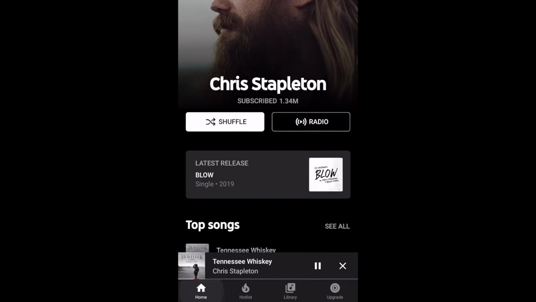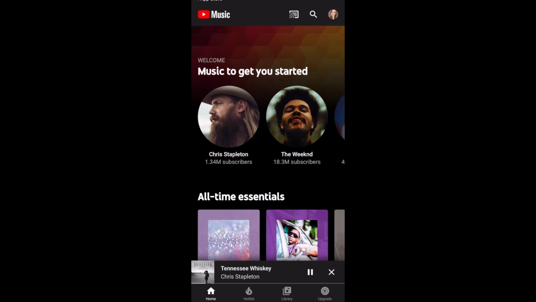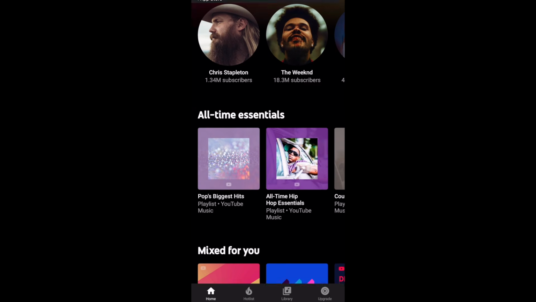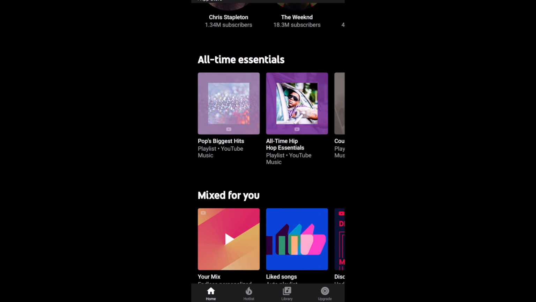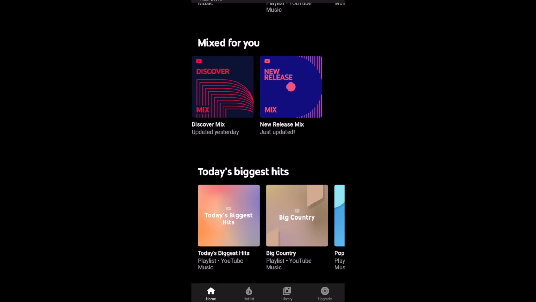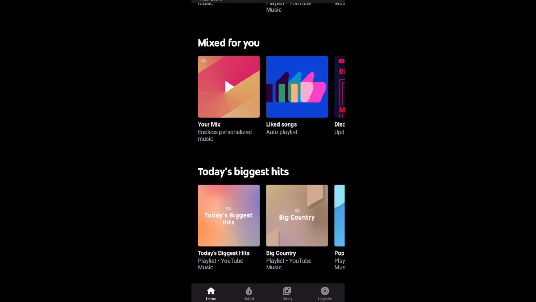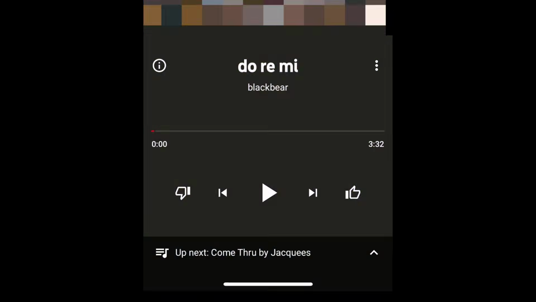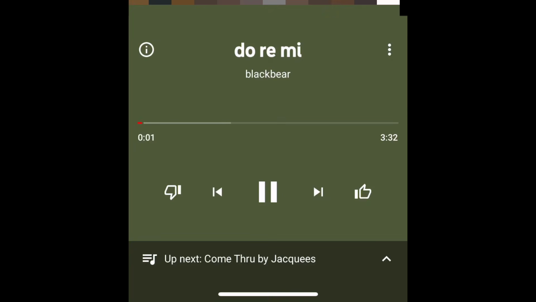The rest of the homepage will feature other playlists YouTube Music thinks you'll like. If you scroll down, you'll see all-time essentials and playlists that have been mixed for you, as well as today's biggest hits and other recommended music. Tap one of these playlists to begin listening to it. If you're using the free version like I am, you may have an ad pop up before the music starts